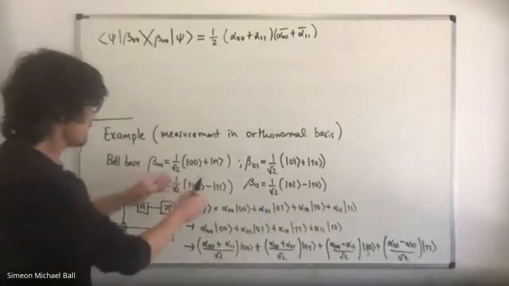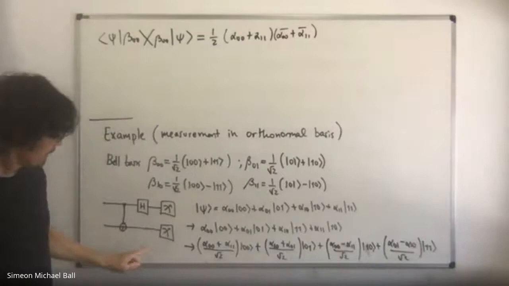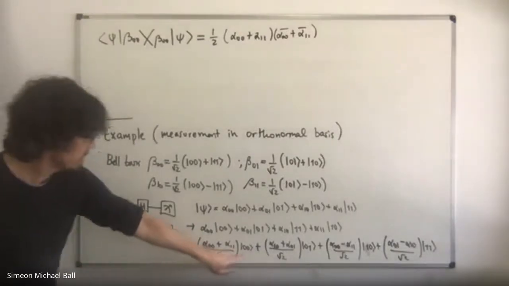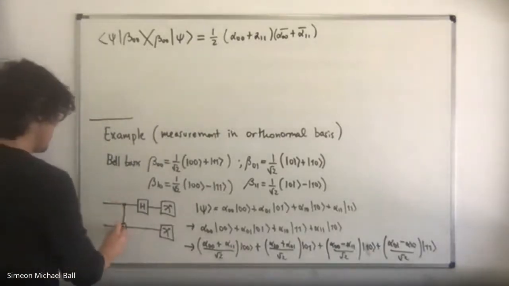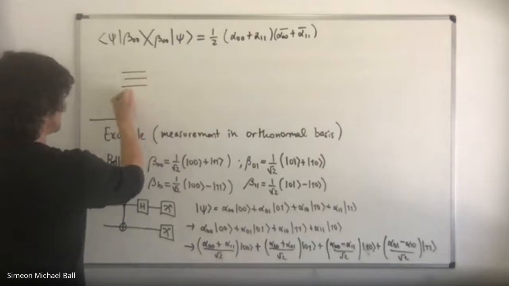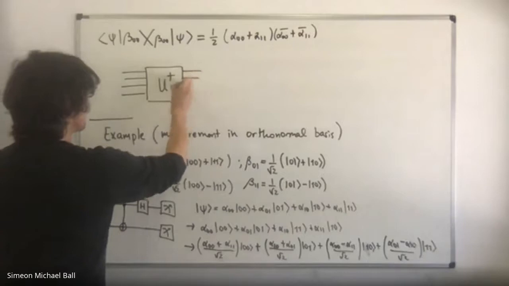So how does this example show you measuring in the Bell basis? Well, theoretically, if we measure this in the Bell basis, this is what we would get. Practically, if you measure 0, 0, that means you got the thingy on the top. You've measured beta 0, 0, and so on. So I think, if you have an n-qubit operator, you just put